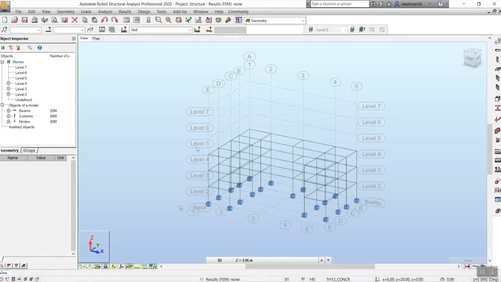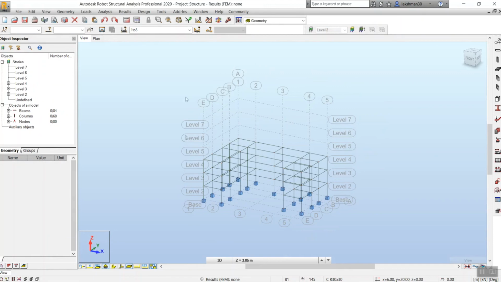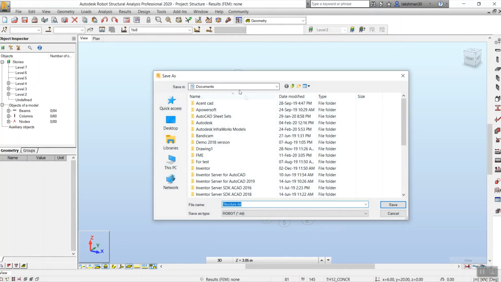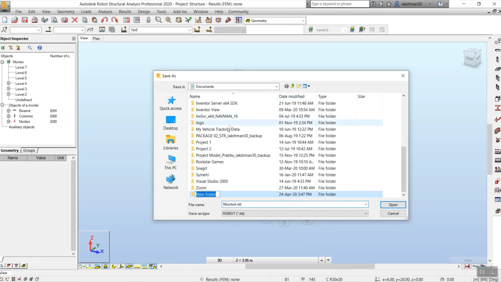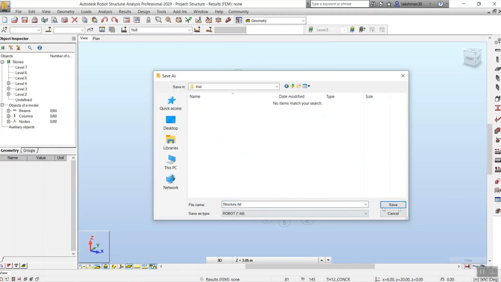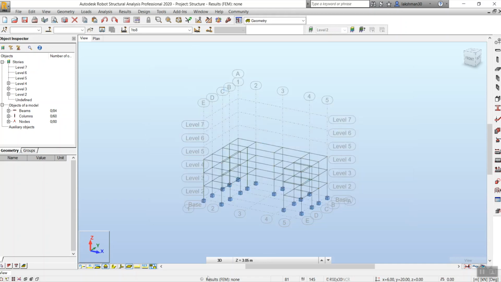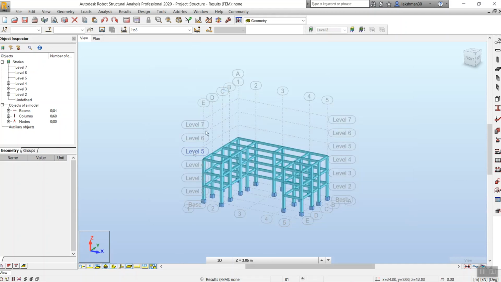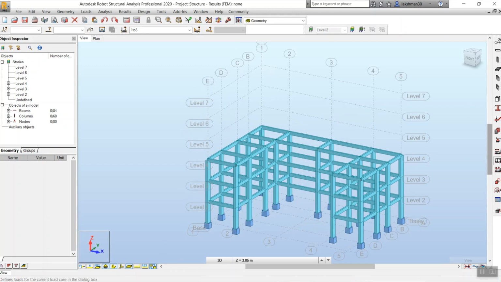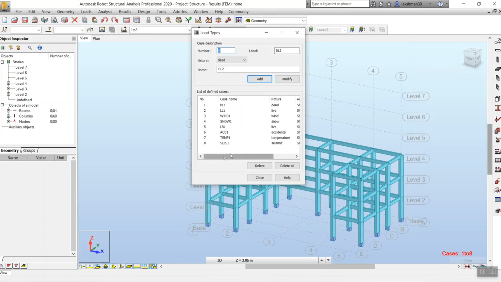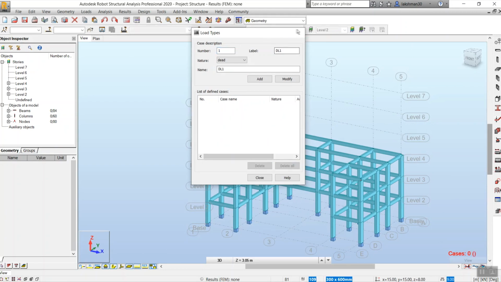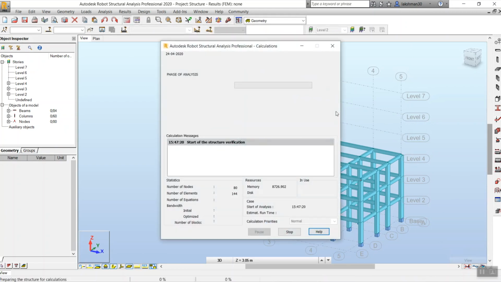So the first thing I will do is save my model. Let me create a new folder here. Trial. My name is structure.rtd. What I will do first is delete the load cases and run my first check, applying the dead loads.